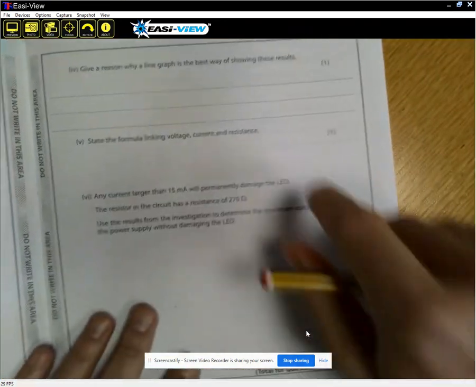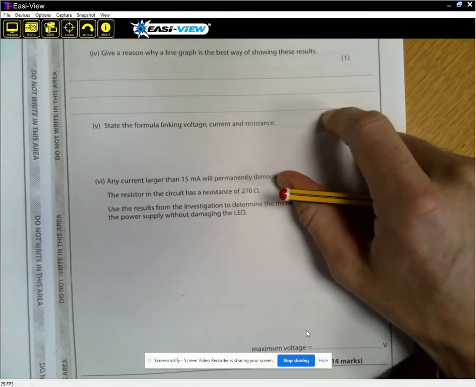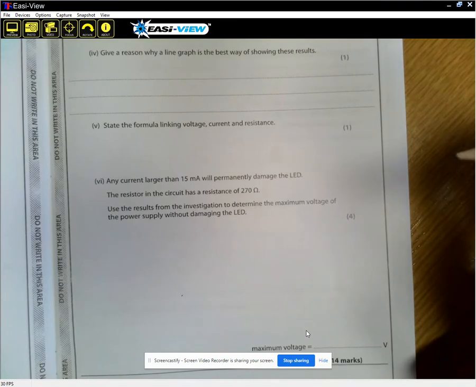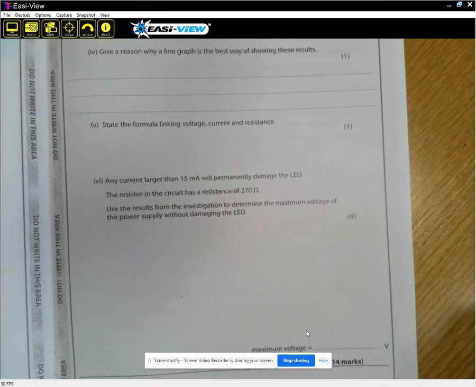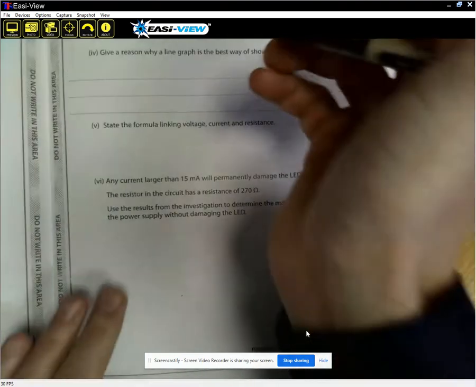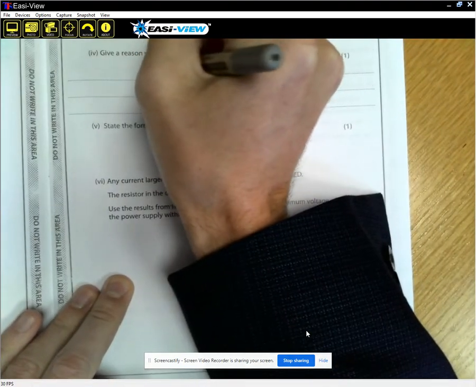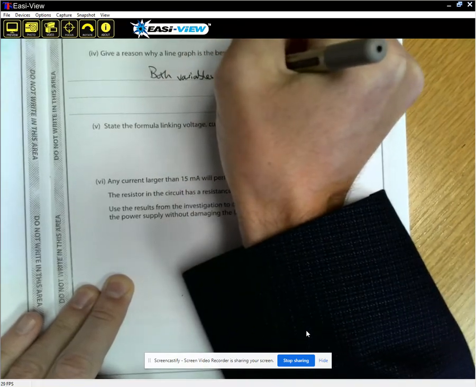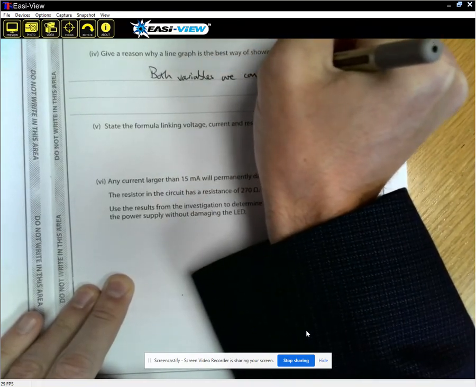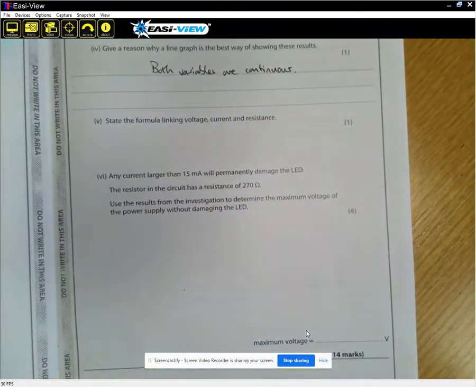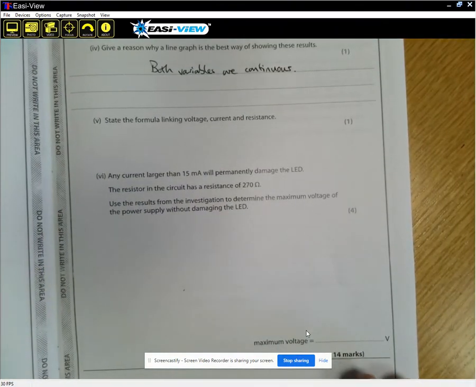This question, a reason why line graph, it's almost always the same answer. It's because your variables are continuous. So both variables are continuous. That's only 1 mark, and